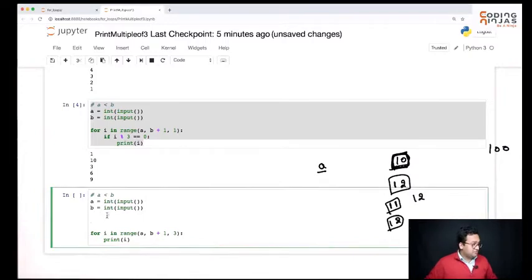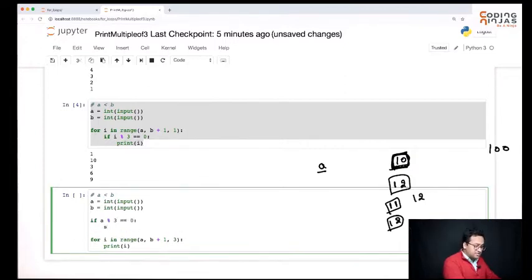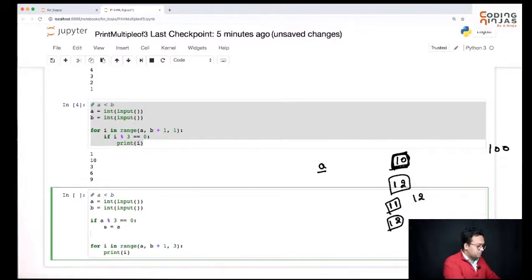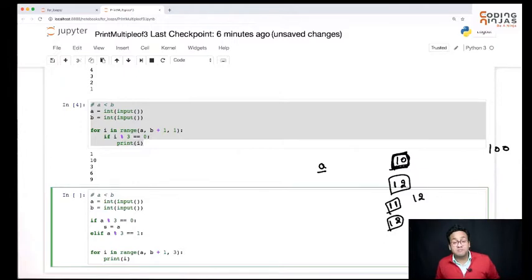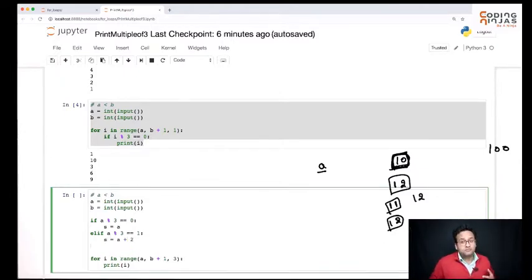So that basically means, let me put my start number. So if A percentage 3 equal 0, then my starting number will be A. Else if A percentage 3 is equal 1, for example in case of 10, then my starting number will be A plus 2. Why? Because if it is 10, modulo 3 will be 1. Then I just need to start it from 12. So I need to add 2 to it. Take another example, take 7, modulus is 1. So you don't want to print 7 or 8, you want to print 9 first, right? So the starting point will be 9. So you need to increment by 2.